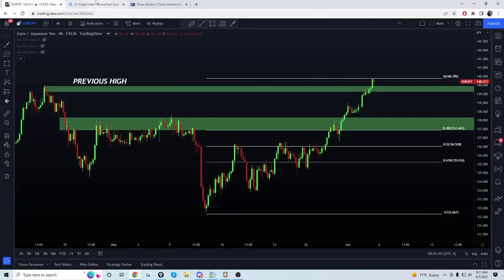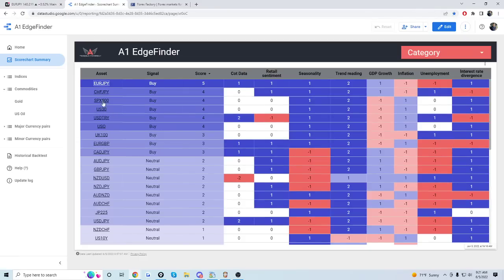Anyways, continuing on, we got some more setups to talk about here. Let's go back to the Edge Finder for a moment and see if there's anything else on the scanner. Again, S&P 500, we're calling for more bullishness on the stock market, so we'll keep tabs on that. Again, I'm very interested myself in that. Euro Pound, that's an intriguing one. I have not seen one. That one's new to the watch list.